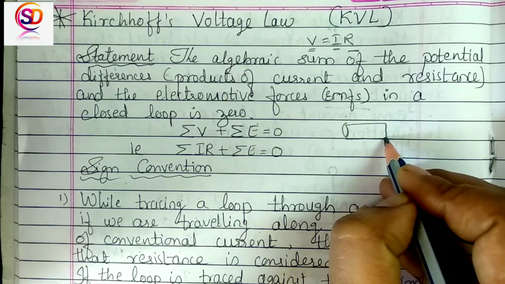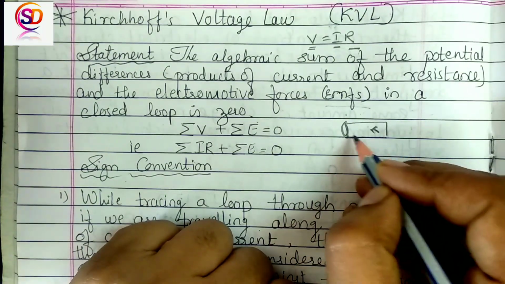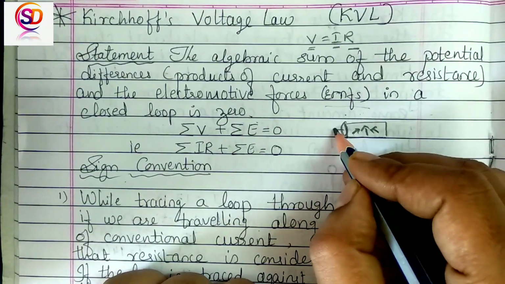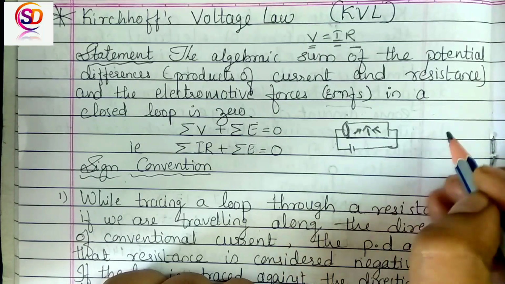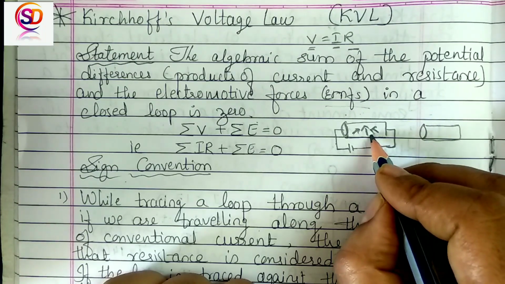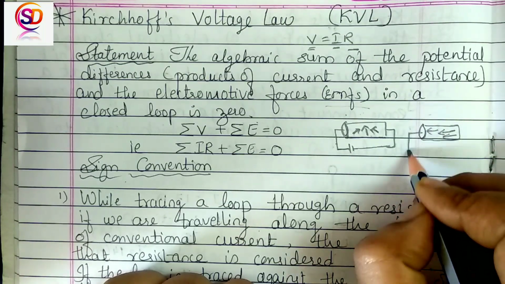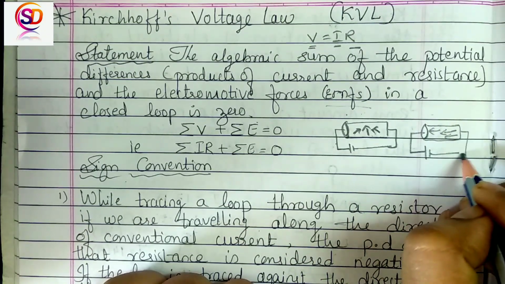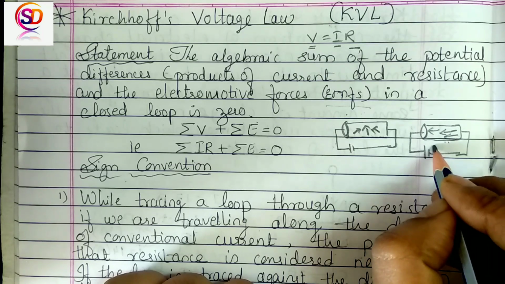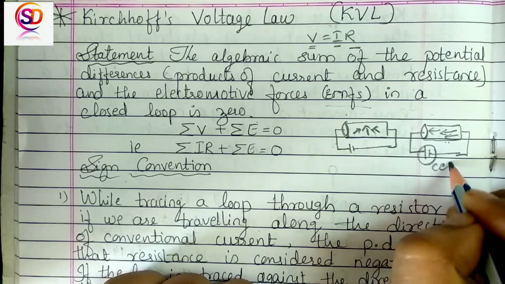So what is EMF? If this is the conductor, unless and until you apply any external force, the free charges always move in a random direction in the conductor. This is very basic concept. When you apply any external source to this conductor, now what will happen? These free charges which are flowing in a random direction are set into one direction, and that happens when you apply some external source. So who motivated them to move in one direction? That is electromotive force. Electromotive force is applied due to this cell.